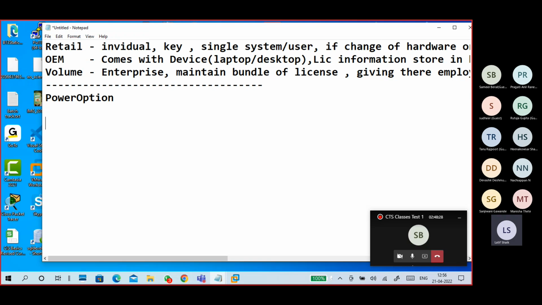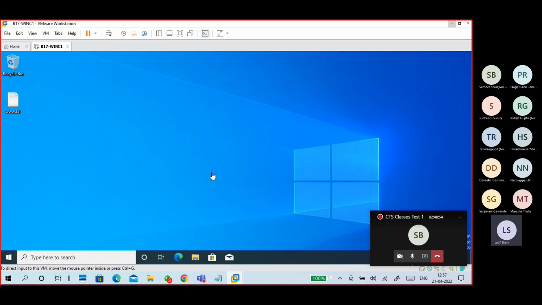Even for a laptop or a desktop, more power consumption is by the display only. If I'm not connected to my charger, what happens? By this time the charge is completed because the processor will take power, and the display will take more power, right? So here we have certain power options. What are the things that will happen if you choose a particular power option?